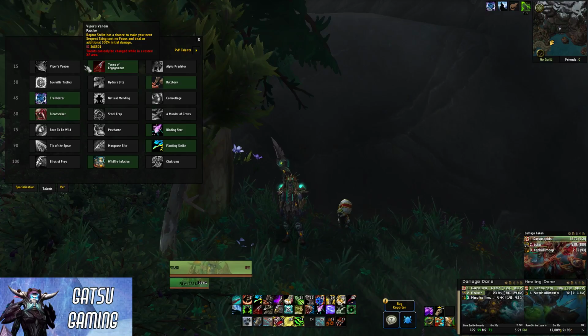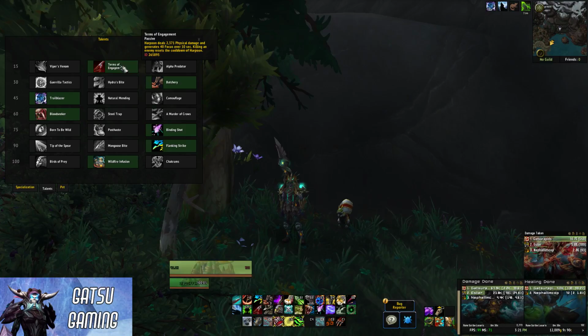for AoE. Terms of engagement here, Harpoon deals physical damage and generates 40 focus over 10 seconds. Killing an enemy resets the cooldown of Harpoon. This essentially gives us back one of the artifact traits. This is very, very strong, and if you are doing anything in terms of PvP, this will probably be your pick, just because of the fact that you're going to be using Harpoon as often as you possibly can to